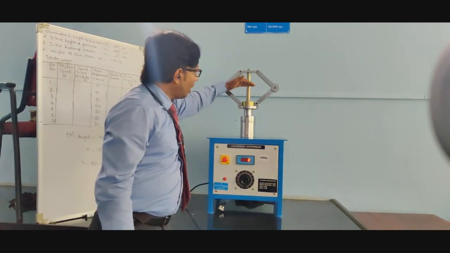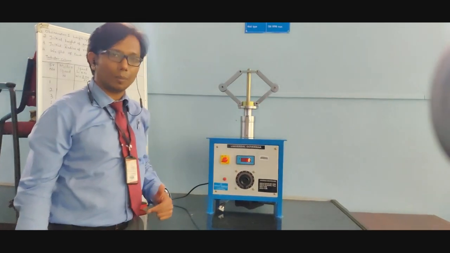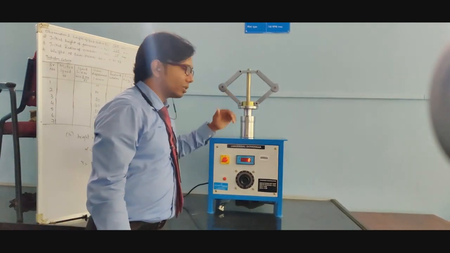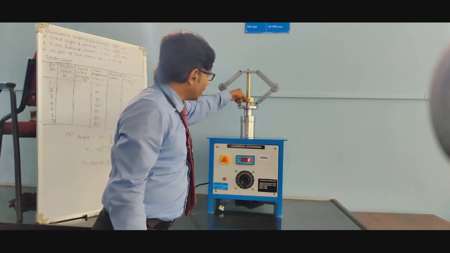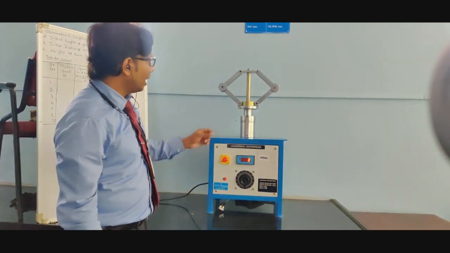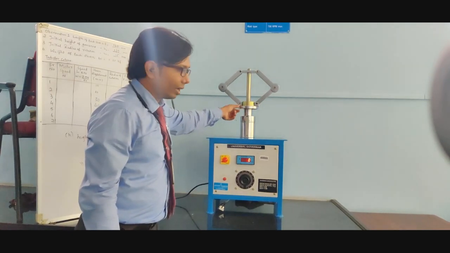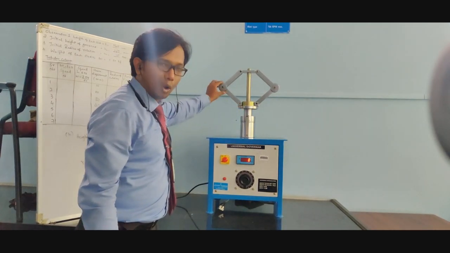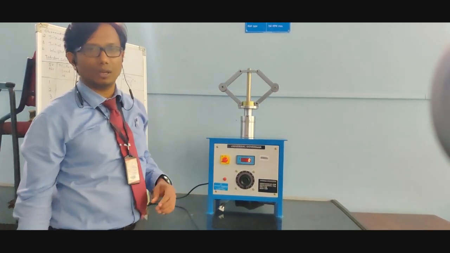If I take the symmetry, the top half is called the upper arm and the bottom half is called the lower arm. So this is the weight which you have placed. This is called a dead weight which we are placing, and the bottom part is called a sleeve. And these are called the balls, and we will know the mass of each ball.